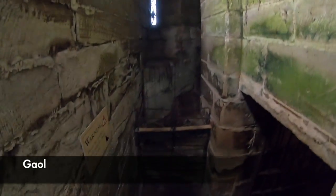The jail at Warwick Castle is extremely infamous. It is incredibly dark and cold within the confines of the jail. It has a single open drain running across the floor, providing the only sanitation. The only light that comes through is from a tiny shaft high on the wall, from which the guards would then watch prisoners. Inside the prison is a number of carvings on the walls of those unfortunate enough to be